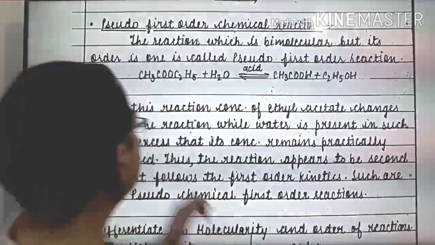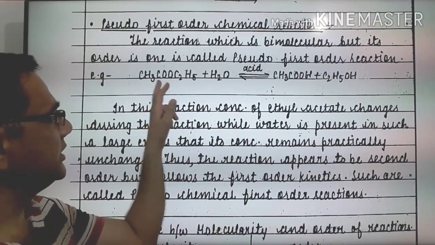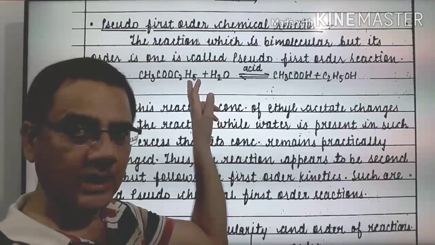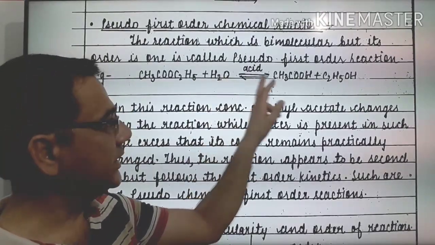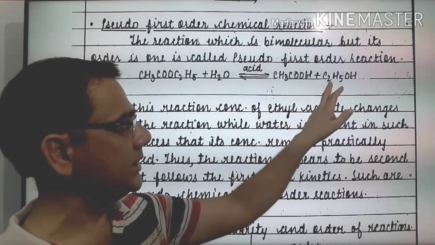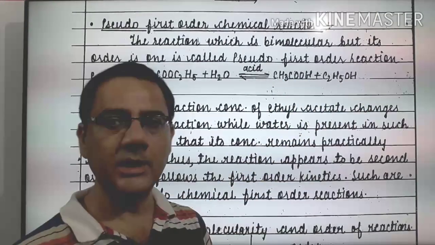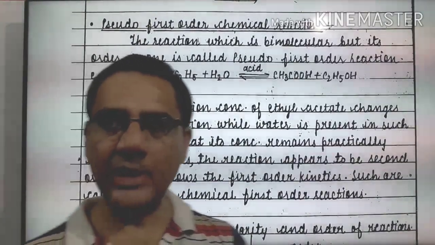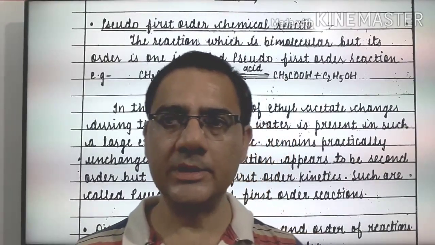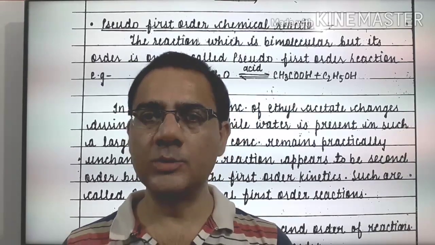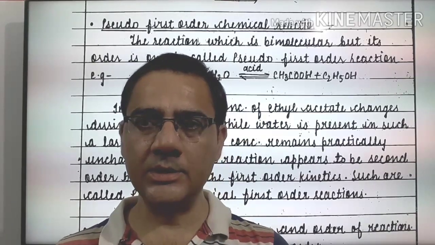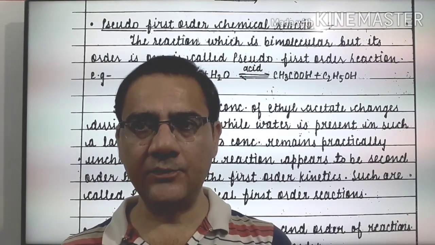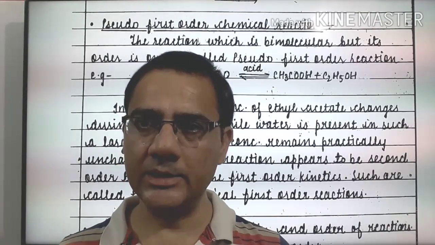and try to understand pseudo first order reaction. Look, in this the two reacting molecules are there, CH3COOC2H5. It is called ethyl acetate, and that is called an ester. When it dissolves in the water, then they form CH3COOH, that is carboxylic acid, and C2H5OH, and that is alcohol. When the ester is dissolved in the water, then water here in this process is used as a solvent. And those processes in which the water is used as a solvent, their concentration change with time is almost negligible.